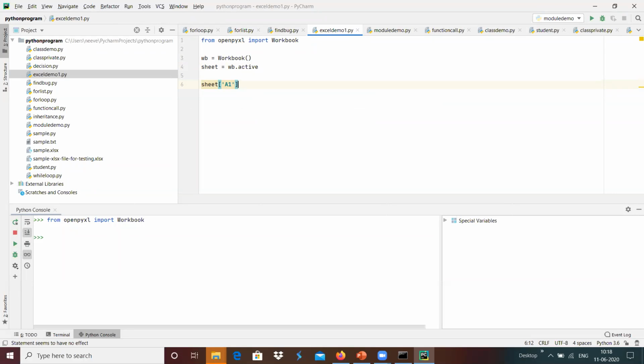A1 is the cell in column A, row 1, which we can set to "hello", and sheet of A2 is "Python", and sheet of B1 is "programming" over here.